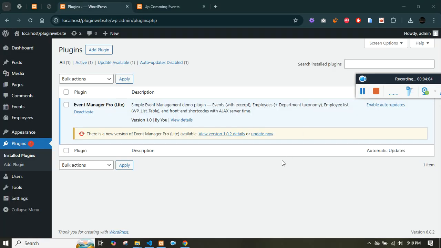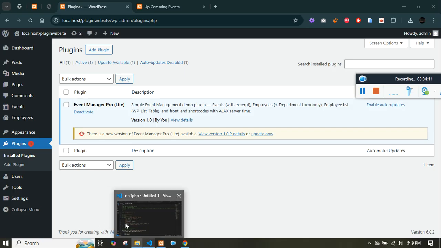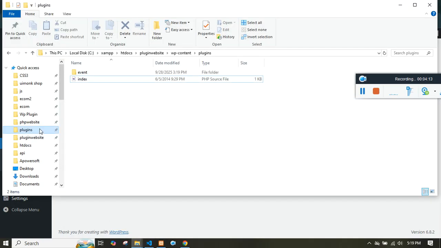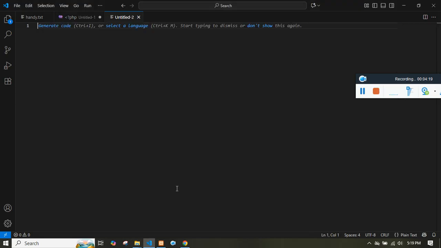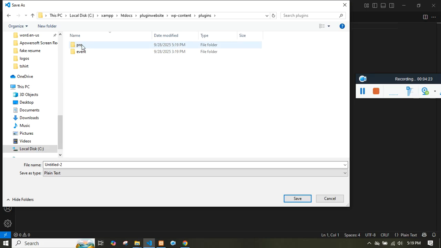First and foremost thing, we want to make our plugin link active in this particular page. So for that, what we'll do is we'll need to create a new folder. Let's just name it as pro, and we need to have a PHP file. So let's create a PHP file. It is recommended to have the same name as your folder name,